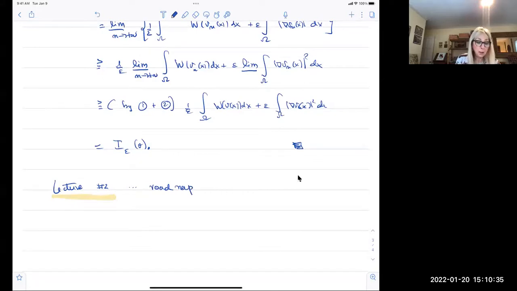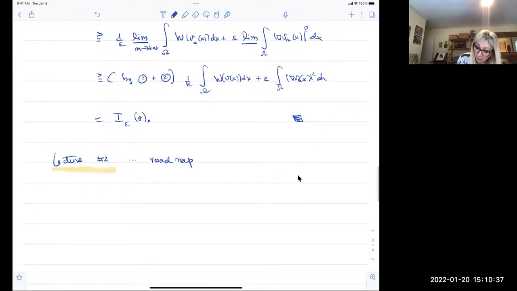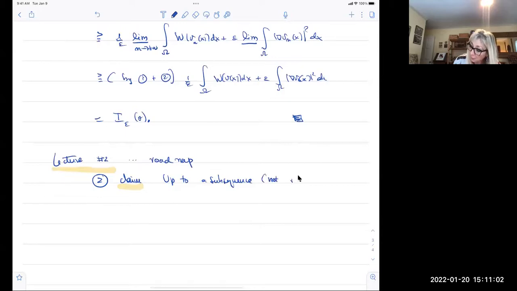And in particular, I think it was step number 2 or something, where there was a claim. And the claim said that once I have this sequence of minimizers, one minimizer for each I_epsilon, then I can prove that up to a subsequence,